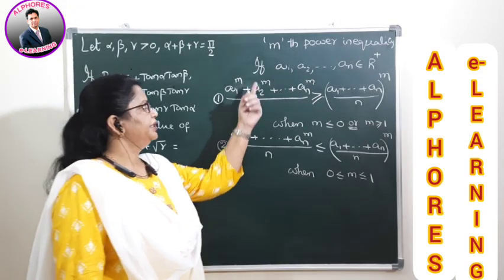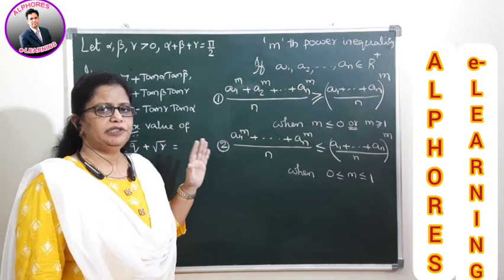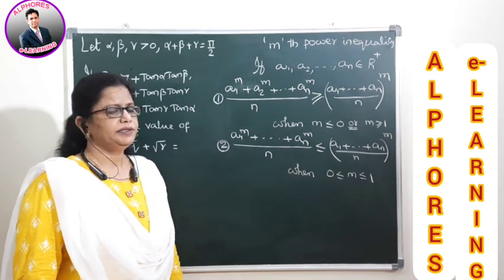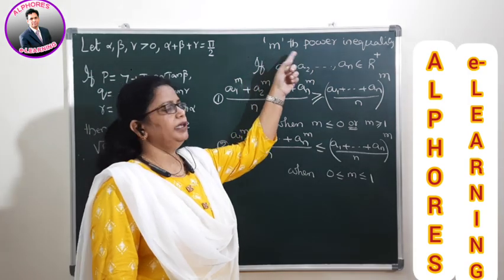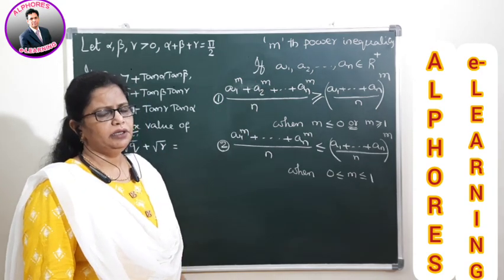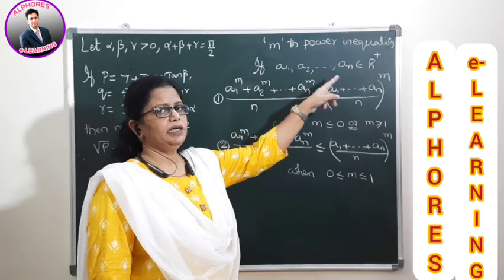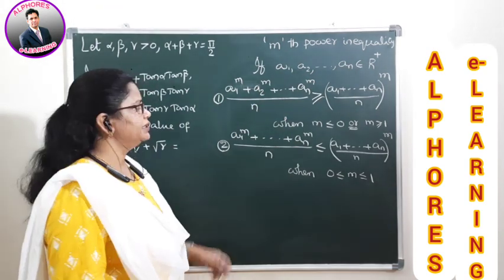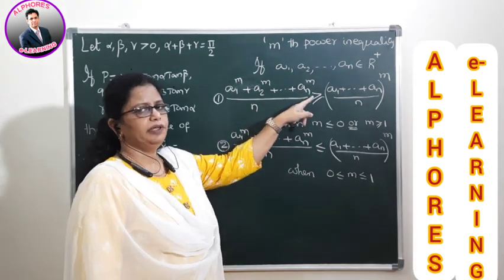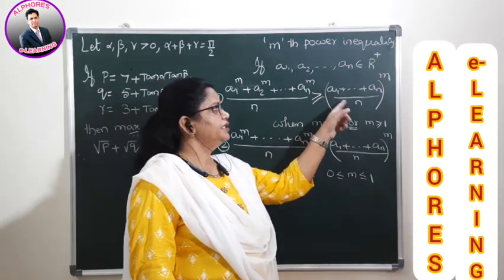Now students, observe here, this is a very important inequality, one we observe in many other chapters also, in sequences and series as well as in calculus. Suppose it is given, the arithmetic mean of mth power inequality. AM only, but the mth power inequality. Now whenever the quantities are, as usual, positive real numbers, then you can observe that this is nothing but the arithmetic mean of mth power, but we can write this entire value in this way also.